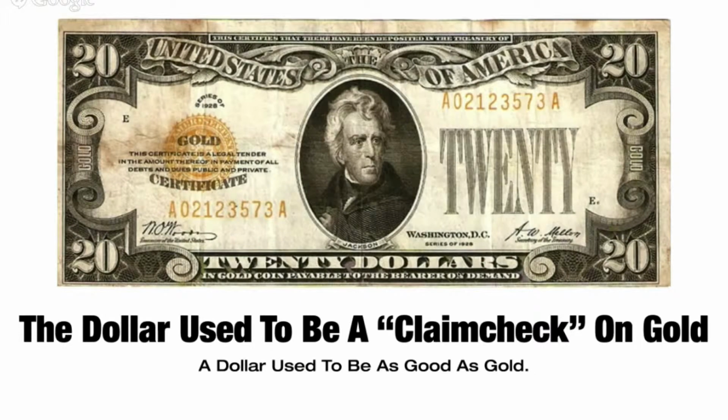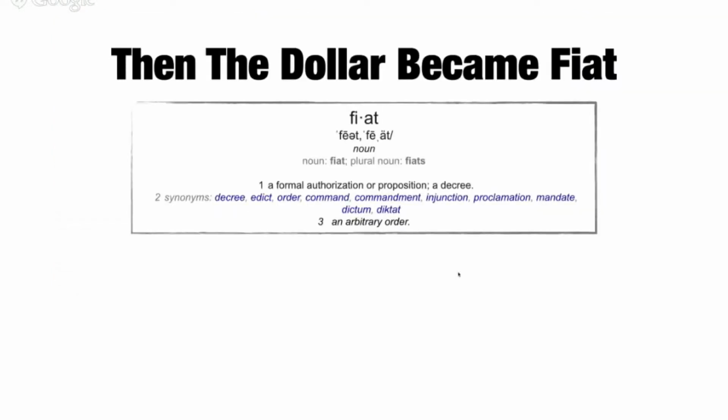It's like you go to the dry cleaners and you give them your shirt. What they give you back is a claim check on your shirt, right? So that claim check is as good as owning the shirt. This $20 bill was as good as a claim check on the gold, so you could go into the bank and exchange it for the $20 in gold. That's what the dollar was when it initially came out. So it wasn't actually a currency at this point. It was, exactly, a redeemable certificate for gold.